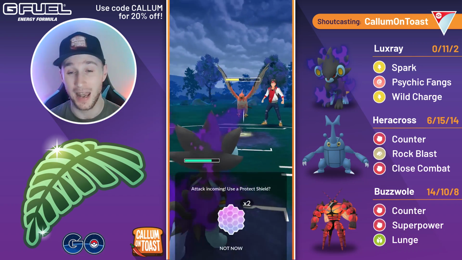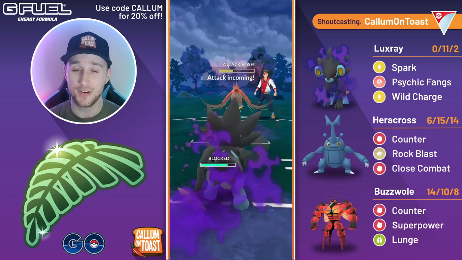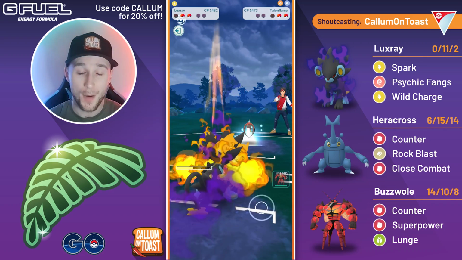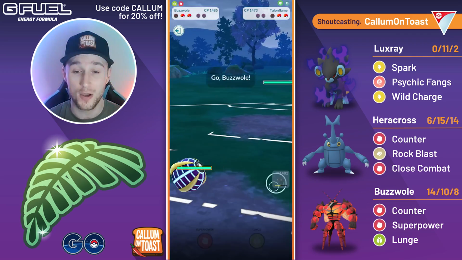energy, and unlike Lantern, which would be a very hard counter to the Talonflame, unfortunately Luxray is not going to be resisting the fire damage here, so I'm actually going to have to double shield. But what I do really like about Luxray, and this is the first time I've used it since Spark did get changed to deal more damage, is it's very easy to farm down flying type Pokemon like we just did